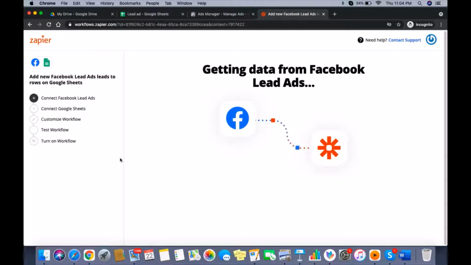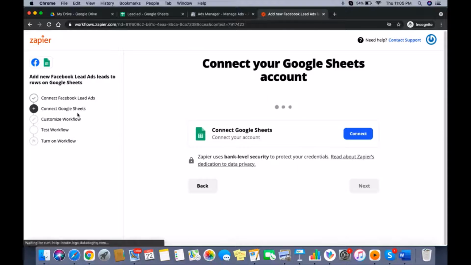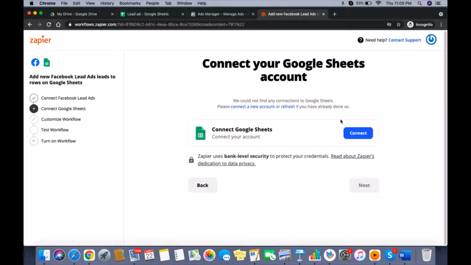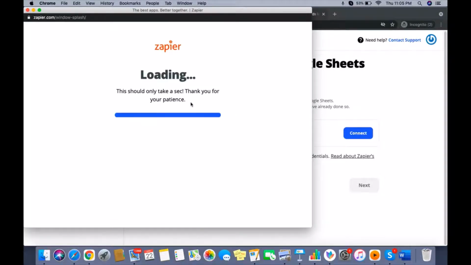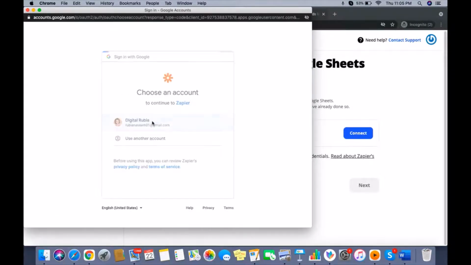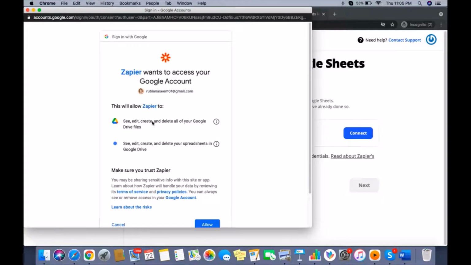So this is the flow that is going to happen. You have to connect your Facebook lead accounts, and from there you'll be connecting your Google Sheet. It will ask for your Google Sheet name. First you need to sign in to that account, and from here you can just give allow.